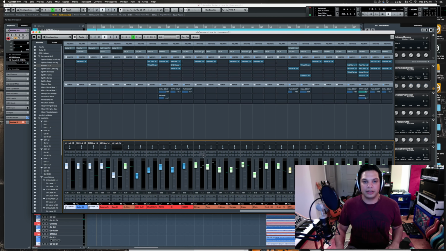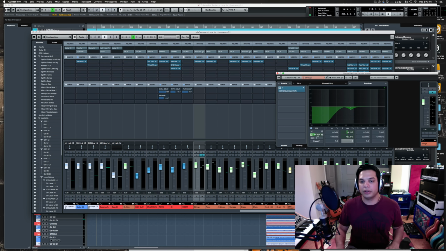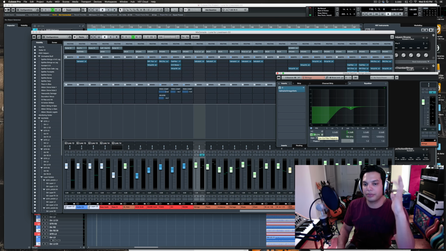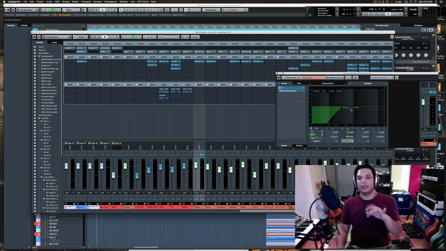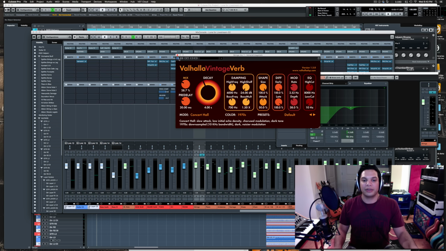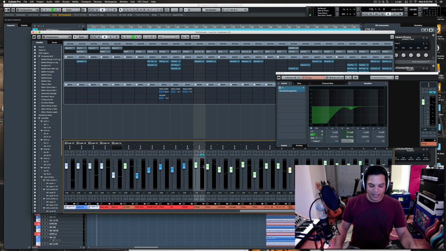On the strings here, I just have a simple EQ. I'm cutting all the low end out. So I've got a high pass, which looks like it's at 300 hertz. That's pretty high. And I'm cutting around 750. I always find that's where the mid-range gets a bit much. It'll make it sound more hi-fi and cleaner if you cut around 750, 800, just a little bit. You do it by ear, of course. And I've got a little bit of Valhalla on here, because Valhalla is awesome. Let's see what else we've got.